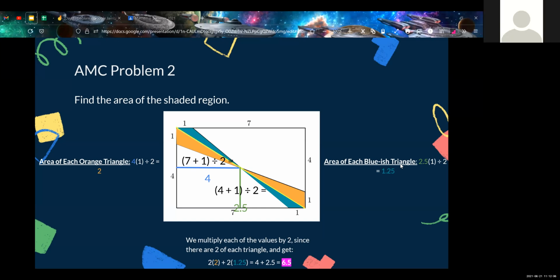However, I see. I didn't notice how the yellow triangle was tilted. Yeah, they both have different bases or different heights, and that means that they have different areas. So